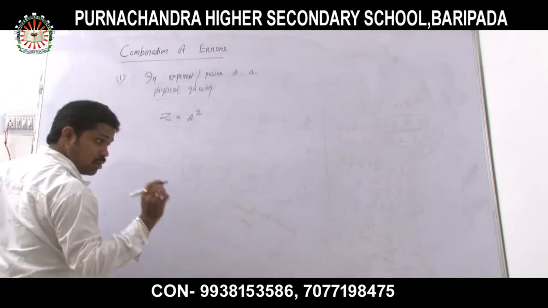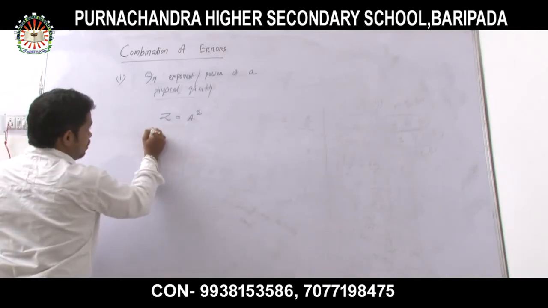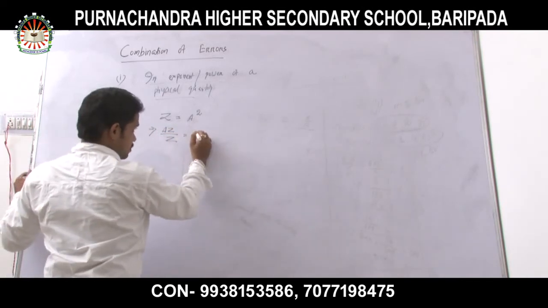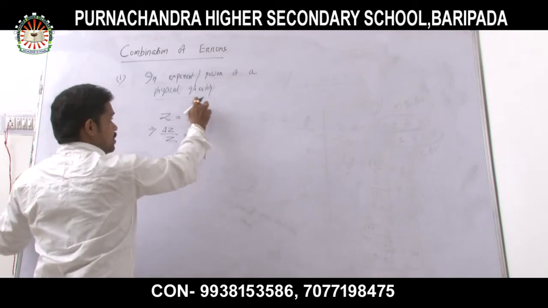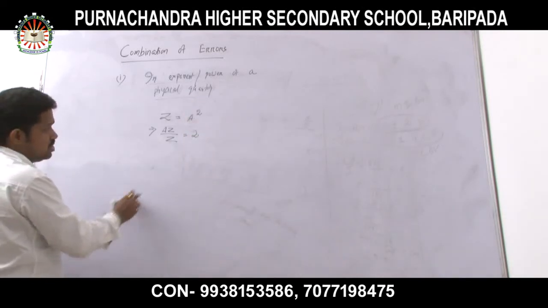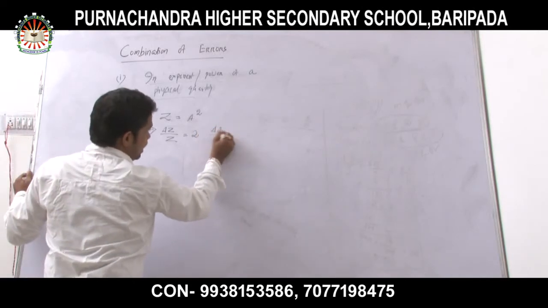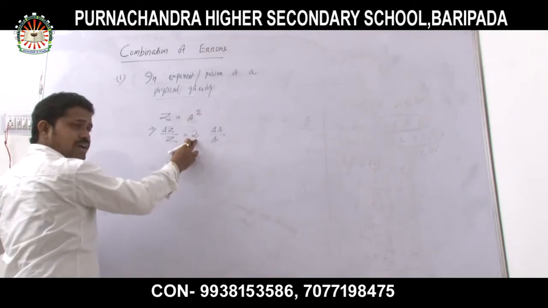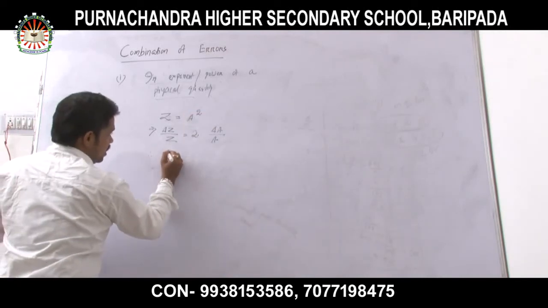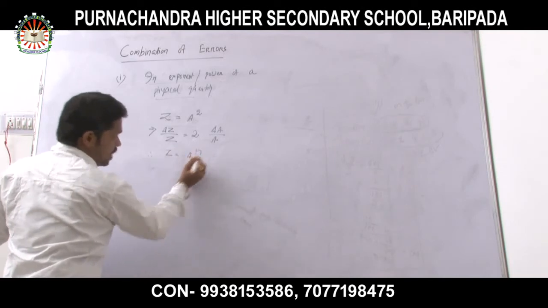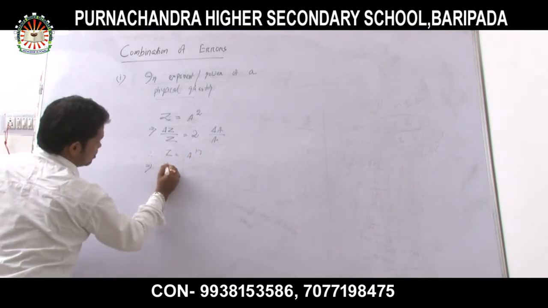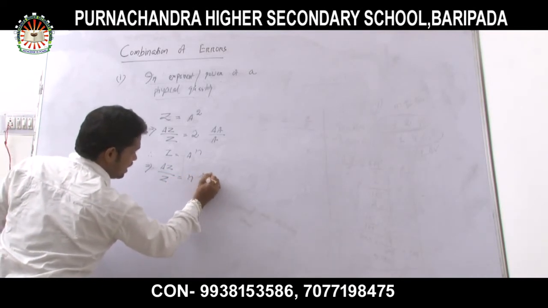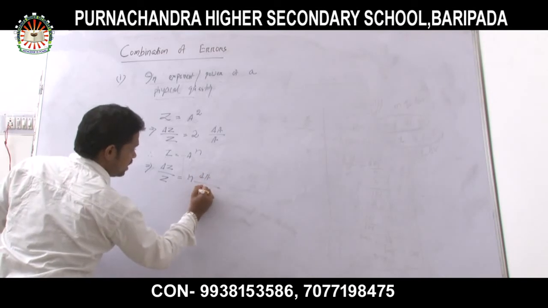Listen very carefully. We will follow the same process. Now we are going to find out the relative or fractional error in this way. That implies del z divided by z is equal to whatever the power is, that comes as the coefficient. So this is 2 del a by a. If it is 3, then it is 3. If it is 4, then it is 4. That means in general, if z is equal to a to the power n, then what I can write for the fractional relative error? That del z by z is equal to n del a divided by a.